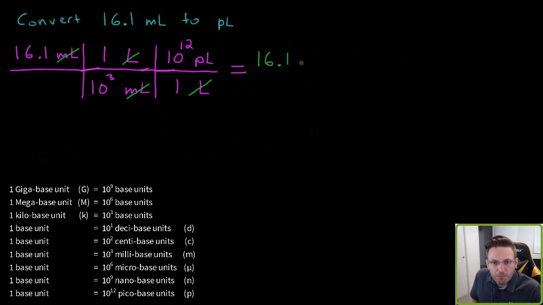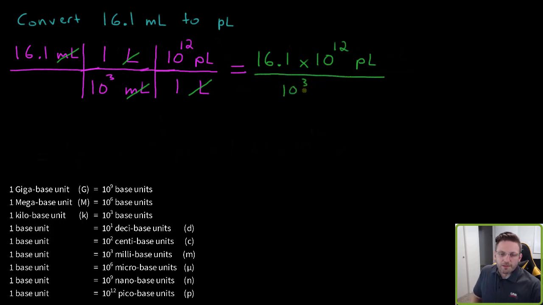So we have 16.1 times 10 to the 12 picoliters divided by 10 to the 3. Similar to multiplication, when you're dividing exponents with the same base, you keep that base and you subtract the exponent. So let's try that. 16.1 times 10 to the 12 minus 3 is 9